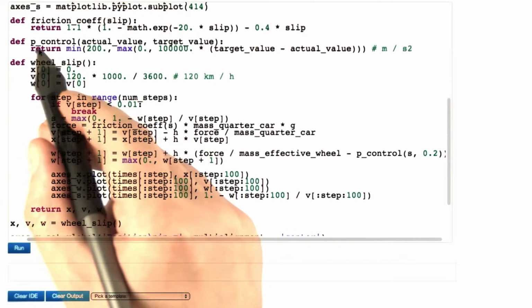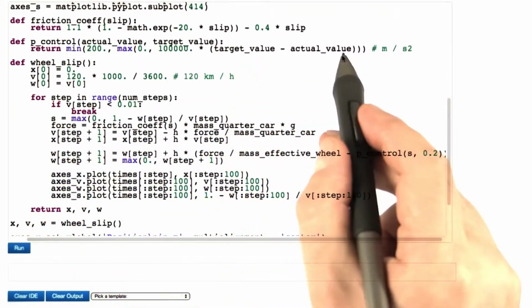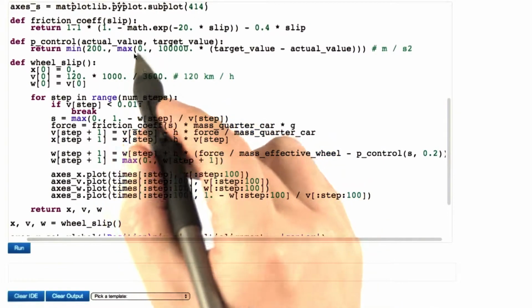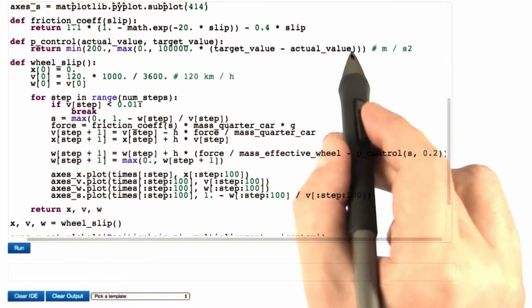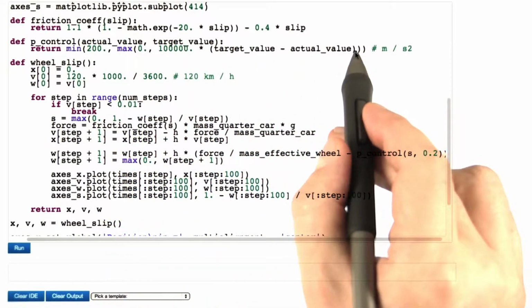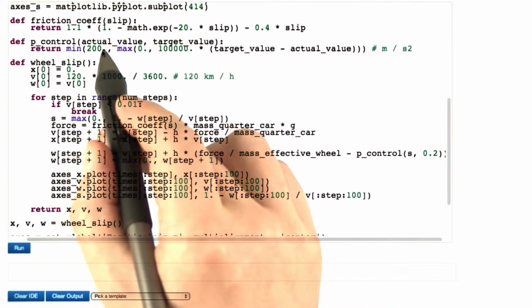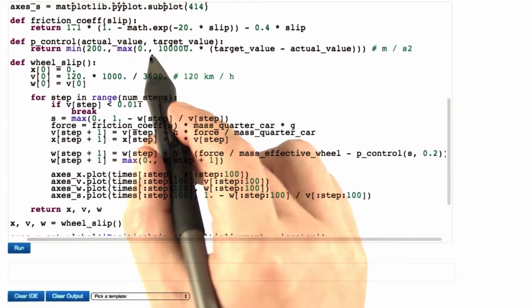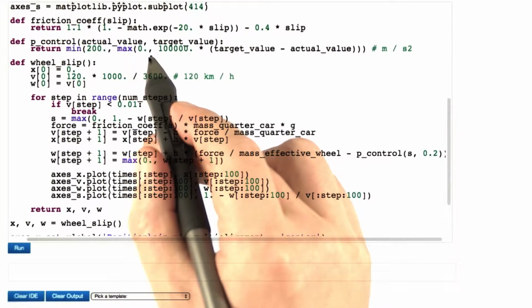To complete the function for the p-controller, we're computing the difference, multiplying by our large number, and then clamping the result. If this product is smaller than 0, that is negative, 0 will be the maximum. If this inner value is larger than 200, the minimum will be 200. So this min and max does the job. We could also use an if construction, but that would take several lines of code.